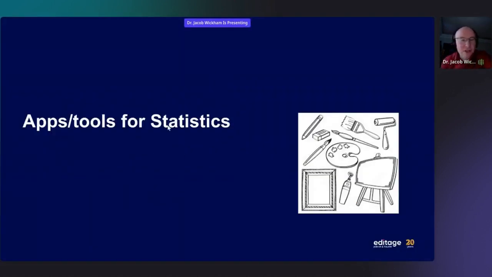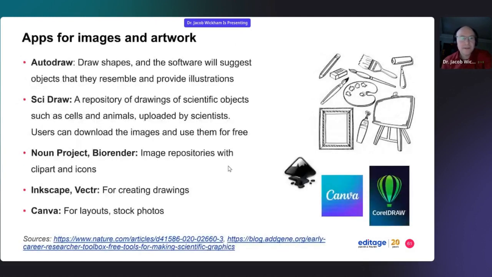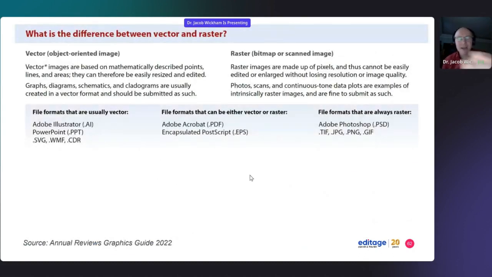So I was just going to conclude here. There's some tools for statistics because we're running short on time. When you're displaying your statistics in your research papers, very quickly, you can use images, or you can use what we call vector images. Vector images, just really quickly, is vector and raster. Raster are images. Vector, you can mathematically describe the data points.